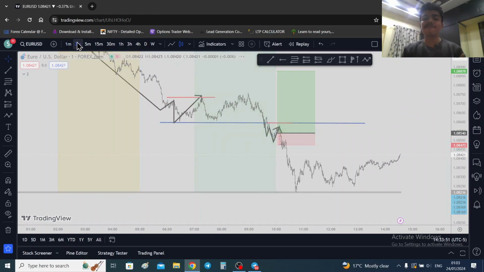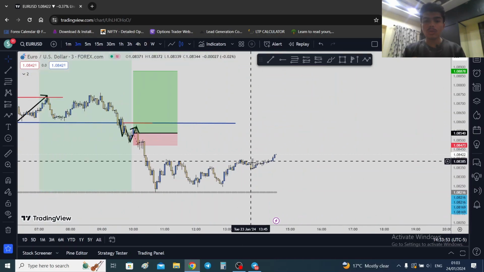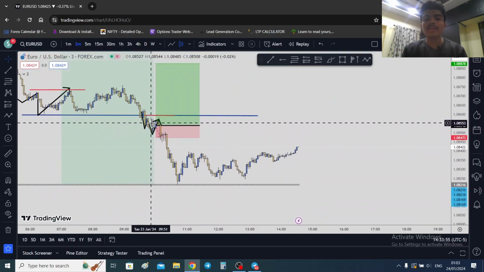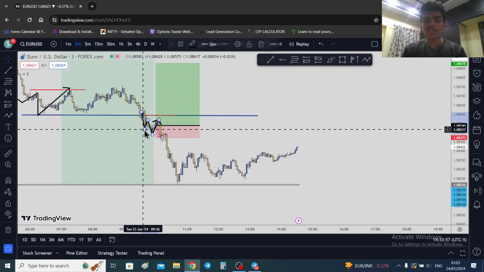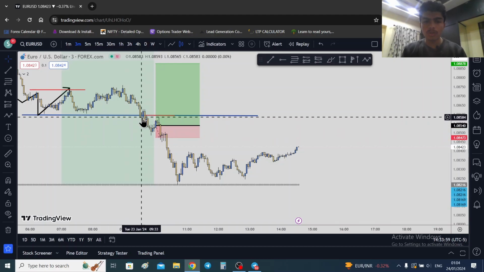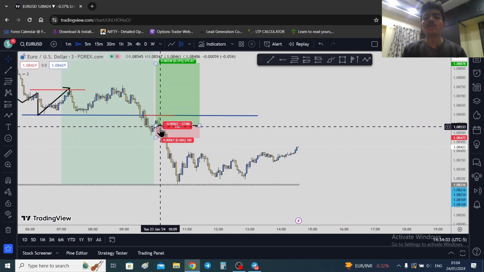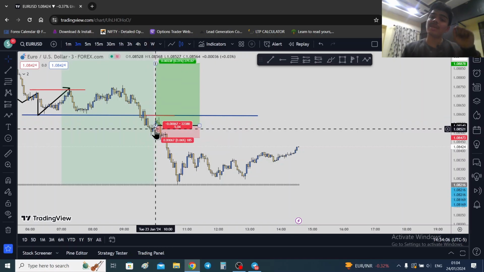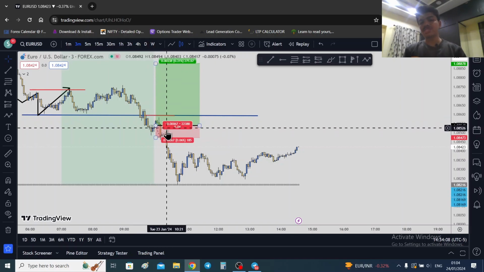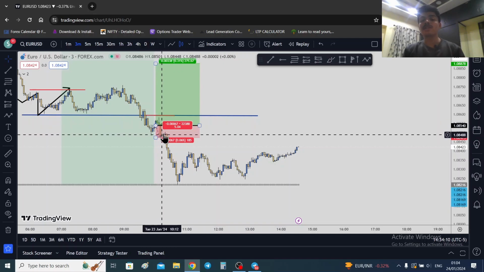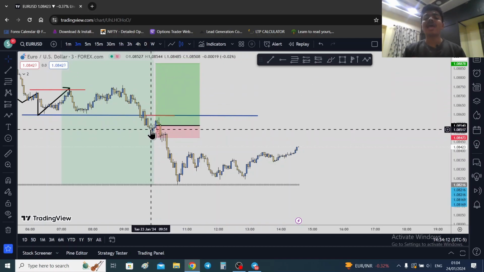The higher the time frame you stay, you are avoiding the risk. Why? Because the bullish formation has not happened over here. There is no bullish breaker. Low, high, lower low, no higher high, no bullish breaker, but bullish breaker is available on 1 minute chart, not on 3 minutes chart, and that is how you save yourself, not execute this bullish trade